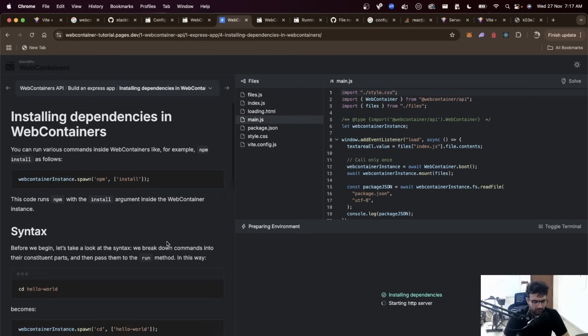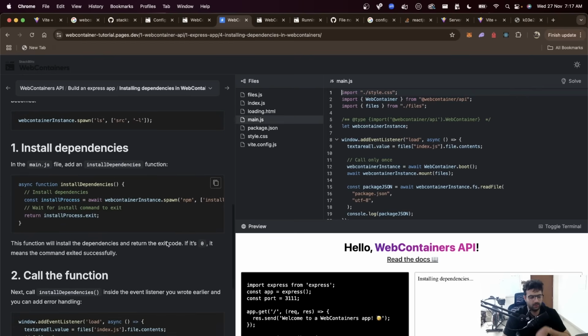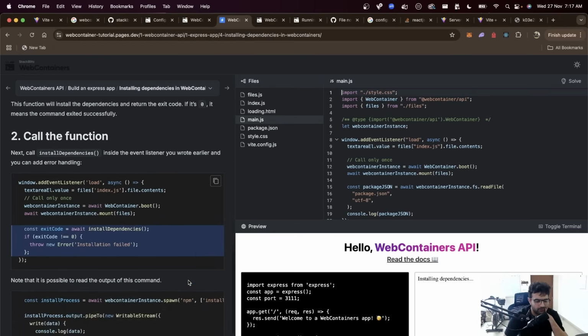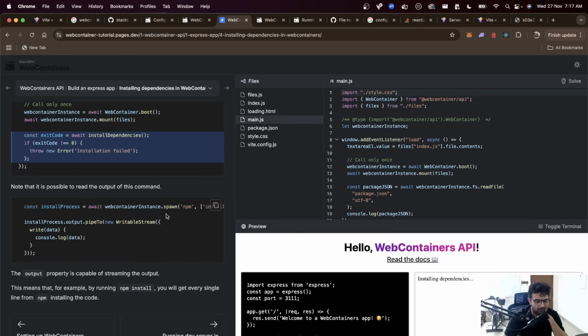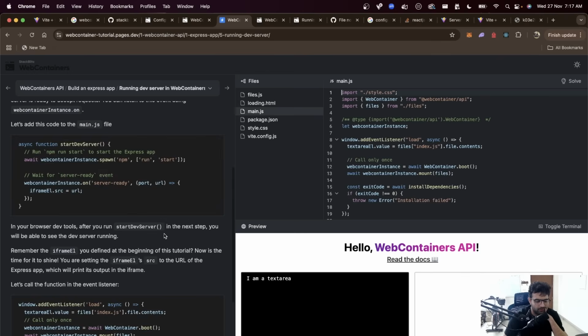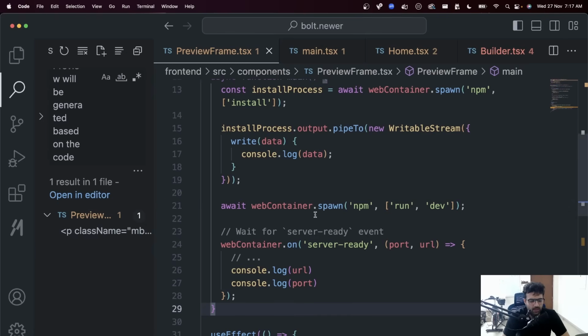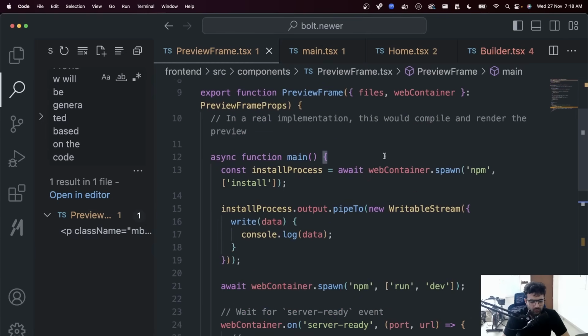Install dependencies, spawn npm install. Call the function, install dependencies, run the dev server. Oh, there you go. iframe.src equal to URL. So whenever you get the URL, let's do this. Let's do